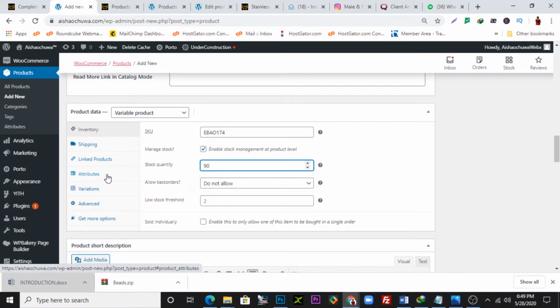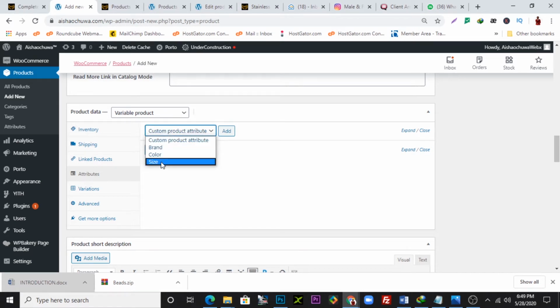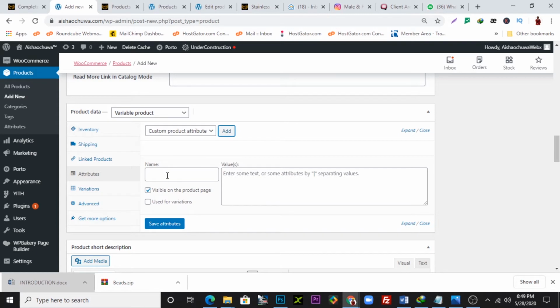And I come down here to attributes because I'm trying to have different colors. I'm trying to allow customers to pick different colors of the product. So I'll come to attributes here, and you can always add an attribute by coming here. And if you're trying to add a custom attribute that is not already available, I've added a couple here: brand, color, and size. If you're trying to add a new one, what you just need to do is click here on add, and it allows you to add